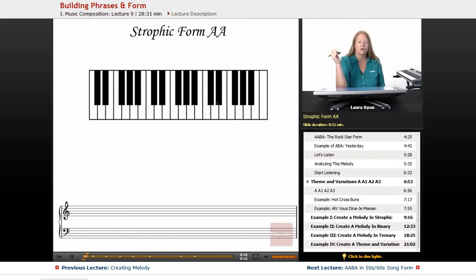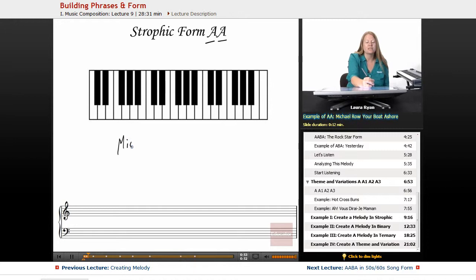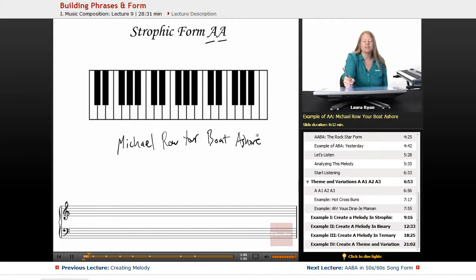So we're starting with strophic form. Strophic form, the reason why there's two A's there, it's the same verse, the same form over and over and over again. So a really good example of this is Michael, Row Your Boat Ashore. So this song, if you're not familiar with it,